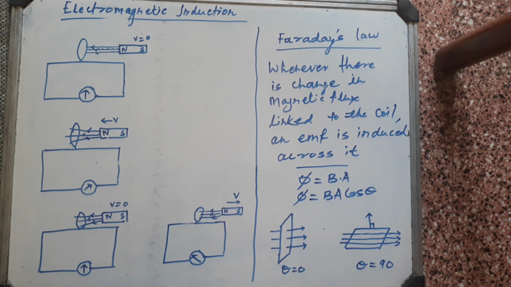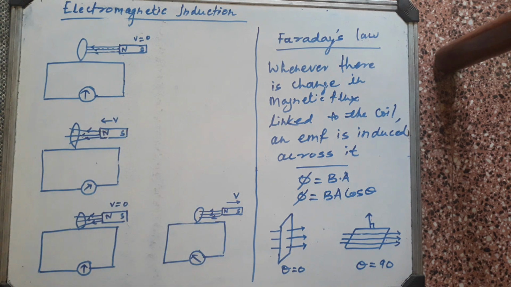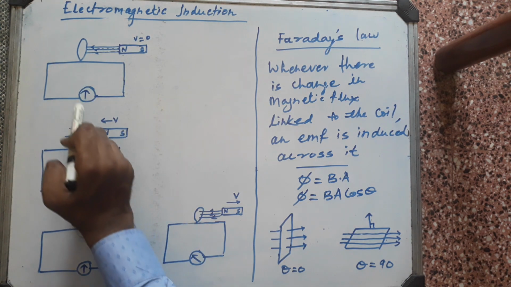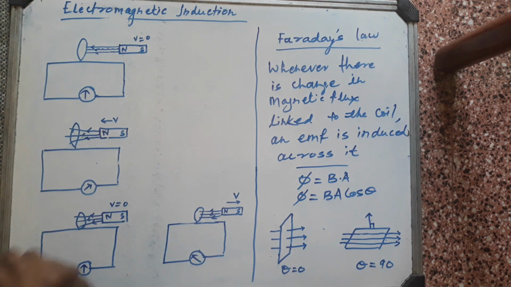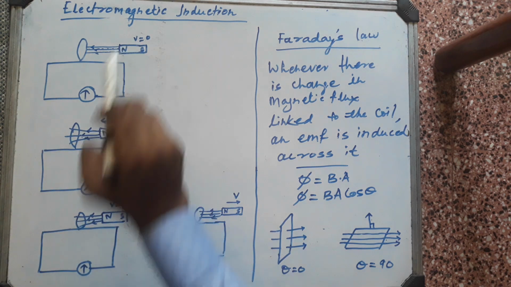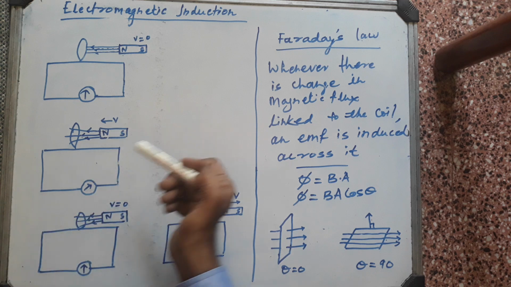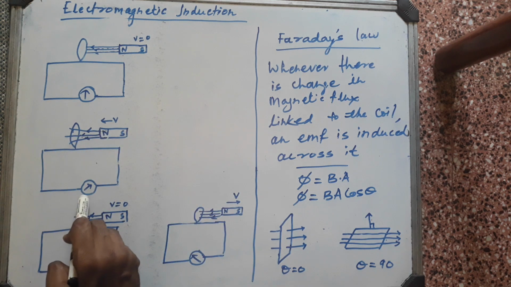So here, I will just show the experiment performed by Faraday, and how the magnetic field can be used to produce current. So this is circuit 1, where the magnet was kept at a certain distance and the current was observed by the galvanometer. This is the coil. It is observed that the current is 0 when the magnet was kept at a certain distance, but when this magnet was shifted near the coil, the galvanometer shows deflection.